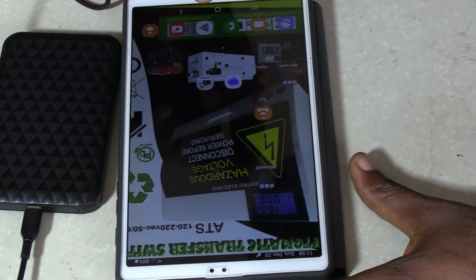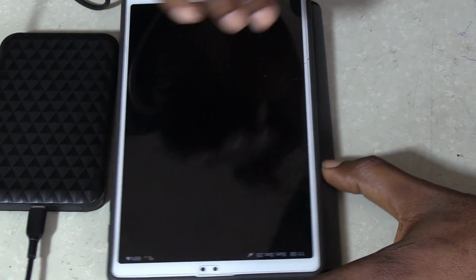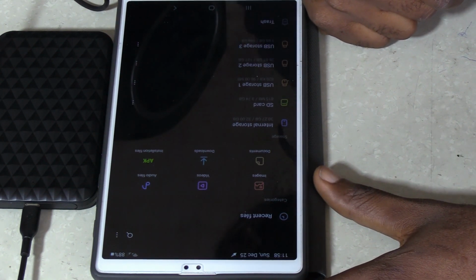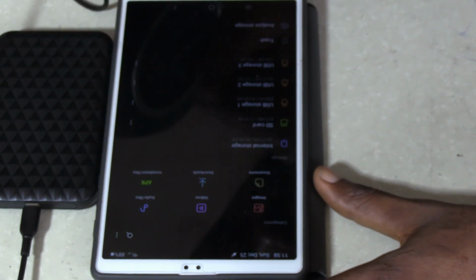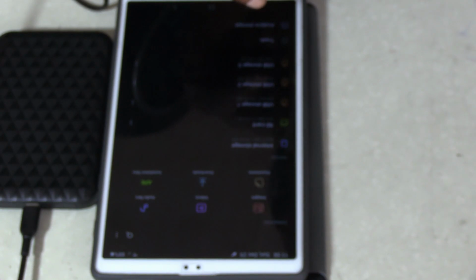First of all, I go to my menu and I get my files. And this is my files. From my files, I will get to what is partitioned already. It has 3 partitions. You have USB storage 1, USB storage 2, and